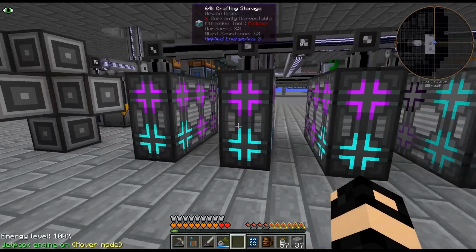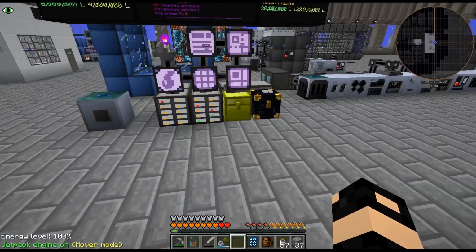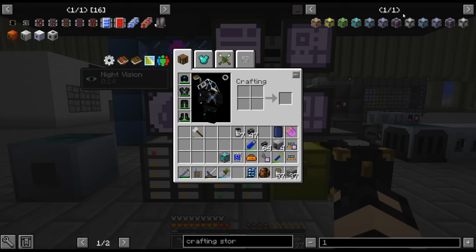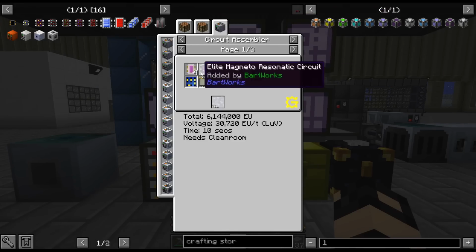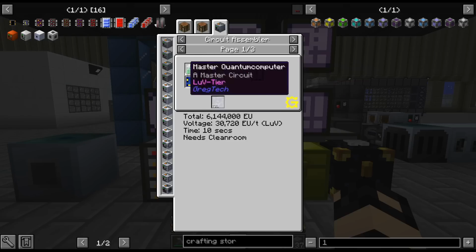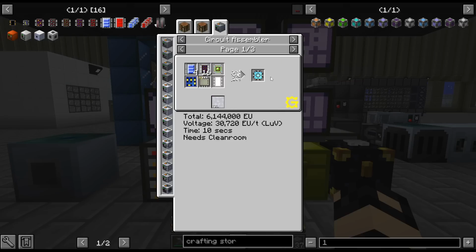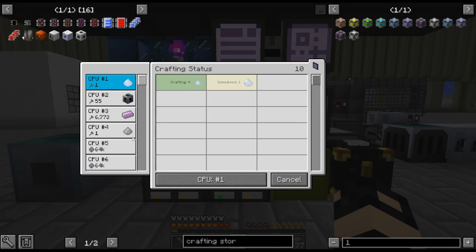I should just make them all the same. So I may actually just craft up. That's just a few circuits. I mean, this isn't bad at all. It's just a few circuits. Basically, these things are almost free. They're so easy. It's just circuit, and it's just LUV and IV. It's not even like expensive circuits. But all right, so that will